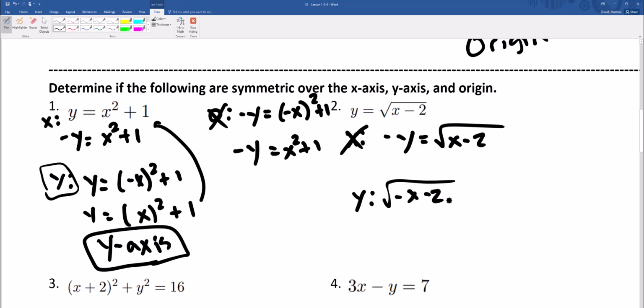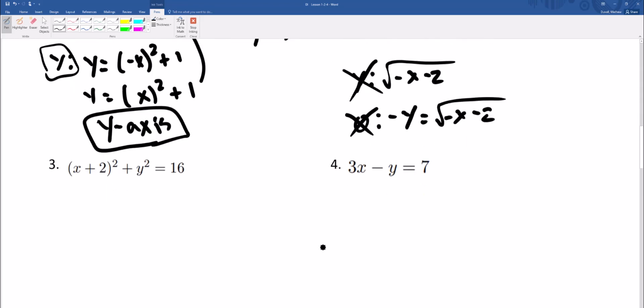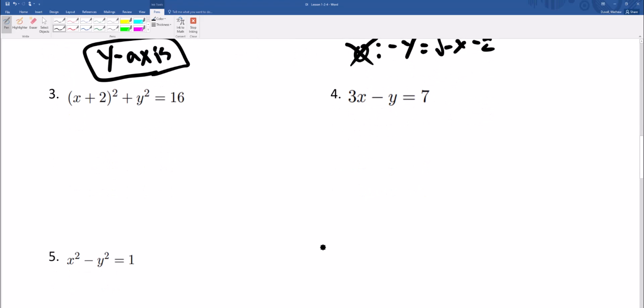Those are not the same, so it's not symmetric over the y. See if it's symmetric over the origin. Plug in a negative for both the x and the y. Those are not the same. You can't pull out a negative or do anything like that with a square root. So it's also not symmetric, so neither. For the next one,